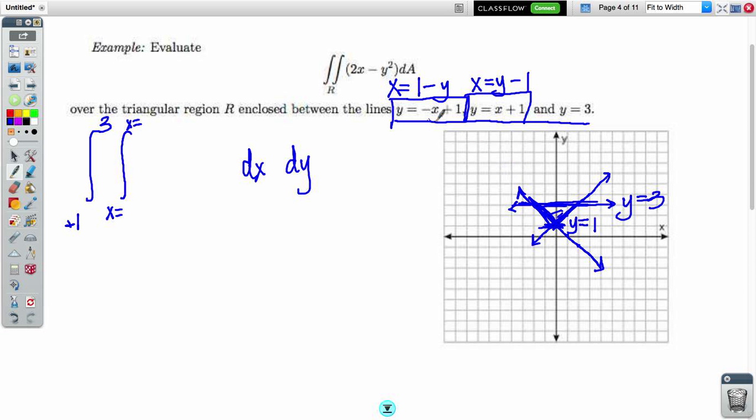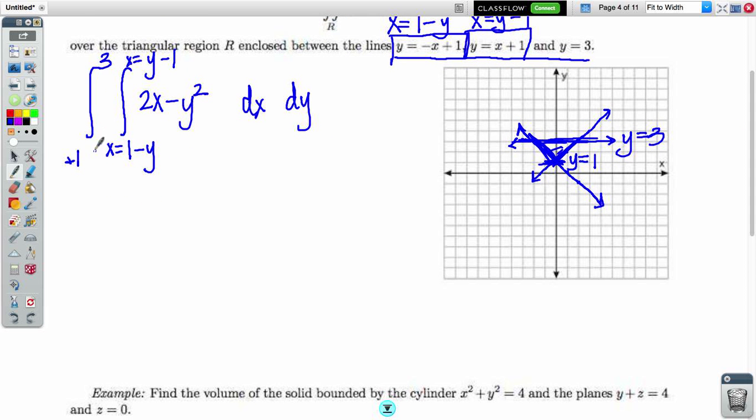So this first function is going to be my bottom limit here, 1 minus y, and then the top one is going to be y minus 1. And all of this is in the language of x, and then my integrand given to me in the problem is 2x minus y squared. So now I'm set up for integration. I just have to do it in the correct order, which means integrate from the inside first. My first integral is going to go from 1 minus y to y minus 1 of 2x minus y squared,